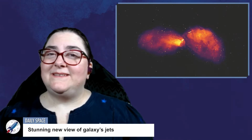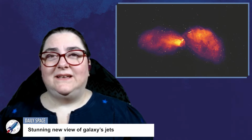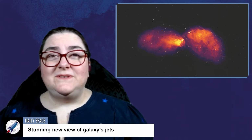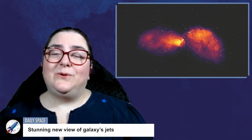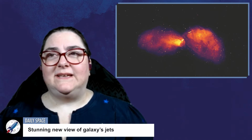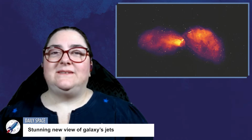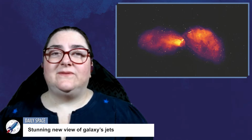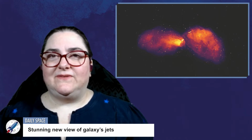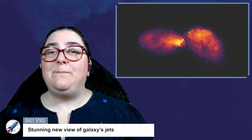Luckily, the Starlink satellites don't wreak havoc on all images. And so far, as long as they turn off their transmitters when they are supposed to, these new satellites are leaving alone the radio sky. And the new Murchison Wide Field Array in Western Australia is using its more than 4,000 antennae to capture stunning images of light we cannot see with our eyes. In a newly released image of the galaxy Centaurus A, stunning jets are seen stretching more than 1,000,000 miles from